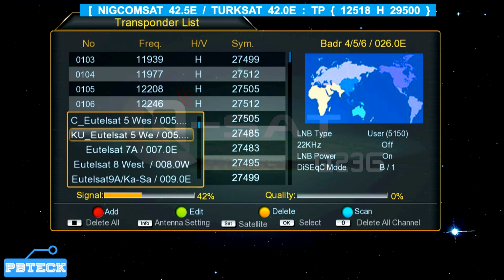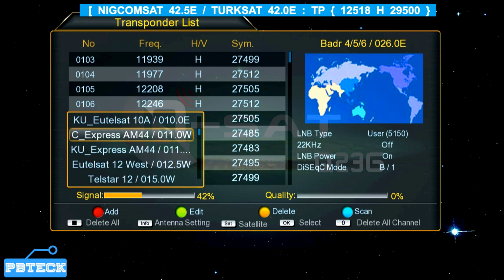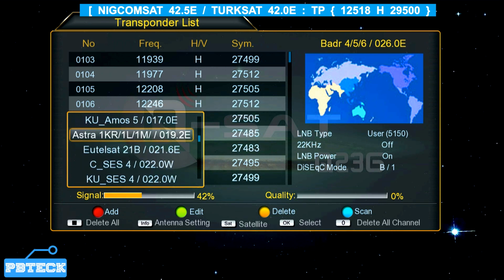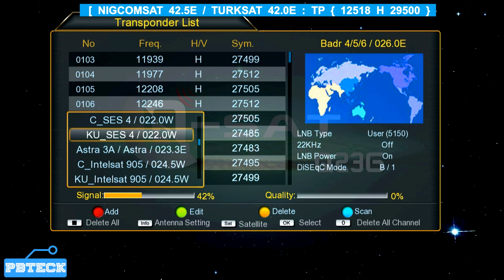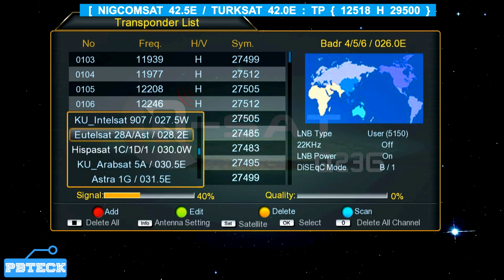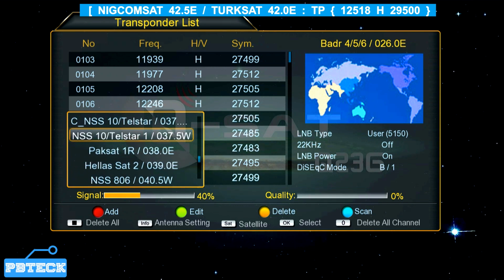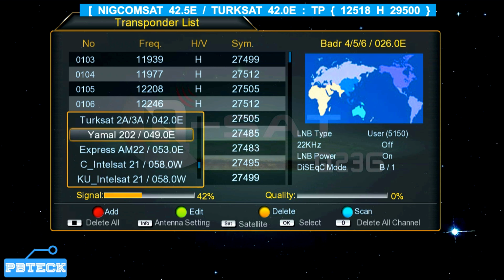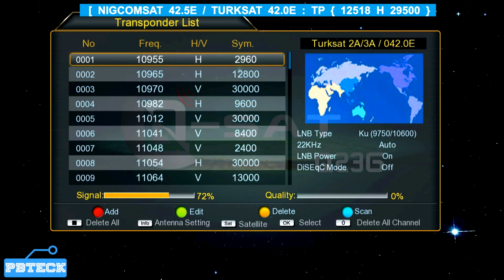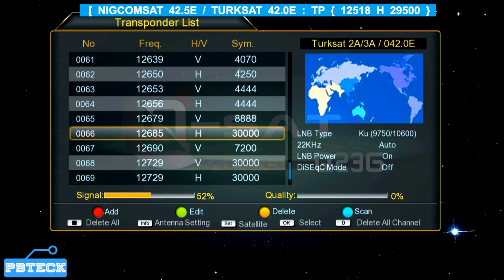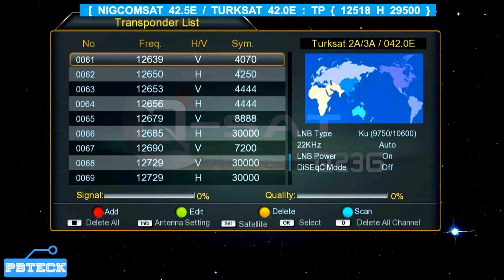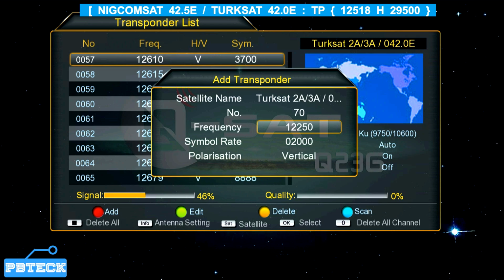option. You place it on the right satellite folder, which you're going to use to track or scan for your FTA channel. So you look through and then you place it on the TürkSat. That's what we're going to use for this tutorial. So after selecting, now is the time for you to add a TP by pressing on the red button on the remote for the menu to open up, and you add